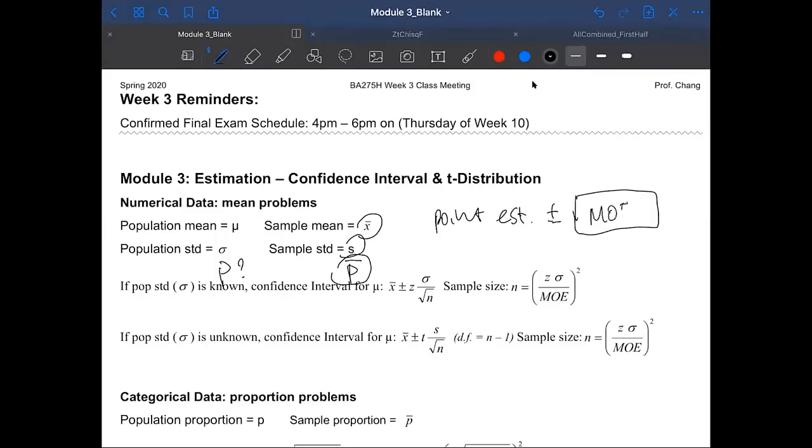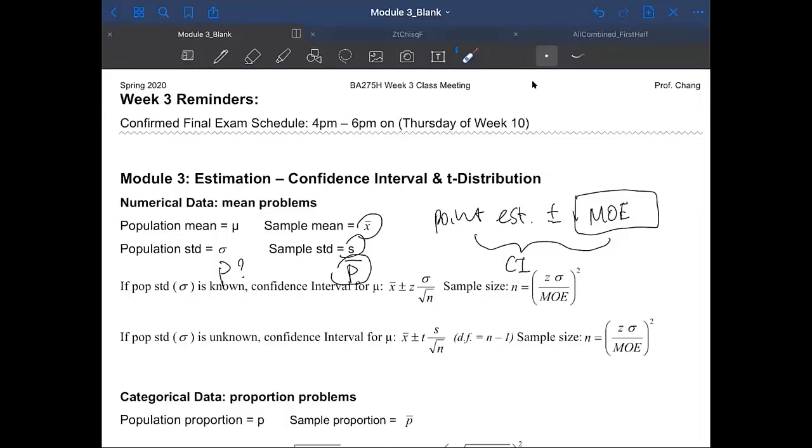Great. And so what is the plus and minus called in total? What is this called? The sum or the difference? Would that be the confidence interval? Yes, confidence interval, right? So I'm going to write down here confidence interval. Okay, so you can see the relationship between point estimation versus confidence interval. Point estimation is the first part, and confidence interval is the point estimate plus minus the margin of error, right? It gives you confidence interval.